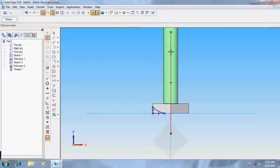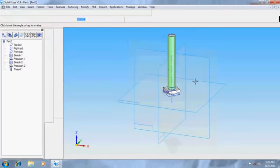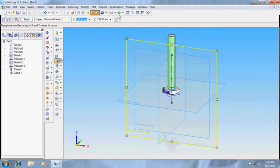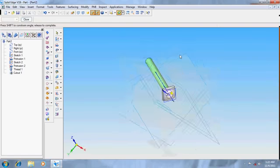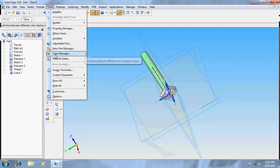Now choose the axis of revolution, give return, and choose throughout the circle. Now the bolt is done. Go for tools, give the material as